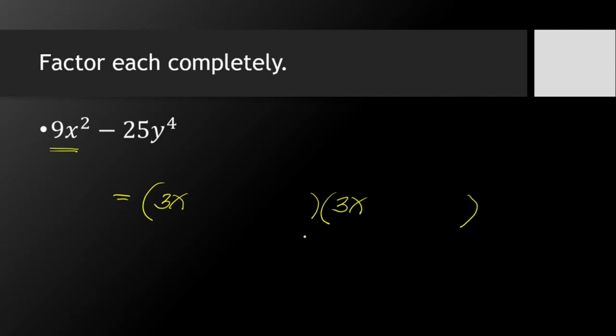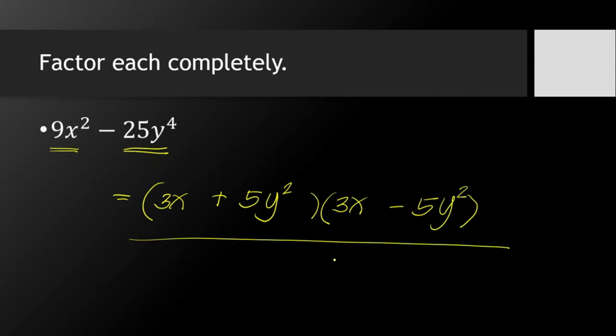And then we now proceed to the second step, which is to affix the plus and minus sign and then get the square root of the last term, 25y raised to 4. Similar to what we have done with the first term of this example, we will get the square root of 25, which is 5. Write it in each of the parentheses. And then for y raised to 4, that is simply y raised to 2, y raised to 2. And there you go. This is now the factored form of the given second example.